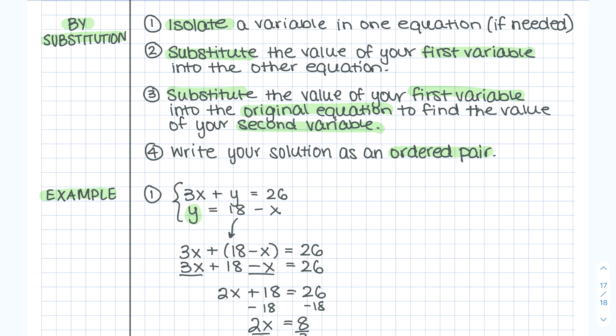So I'm going to rewrite this second equation now, which is y equals 18 minus x, but I'm going to replace the x with 4 because I found the value, 18 minus 4. And we know 18 minus 4,